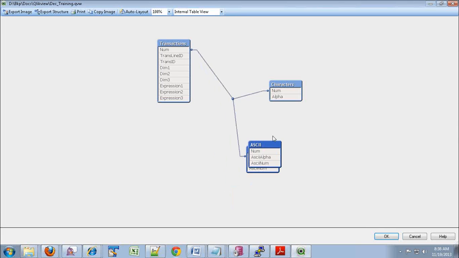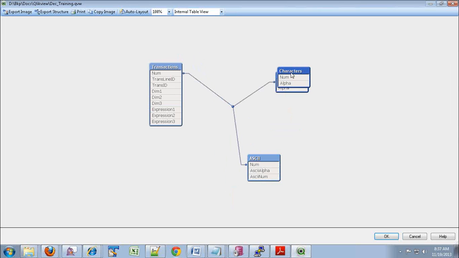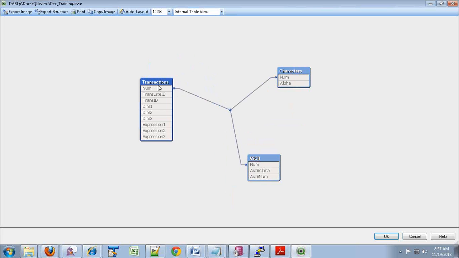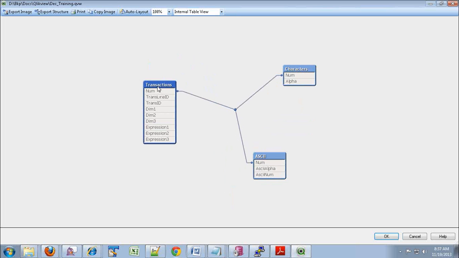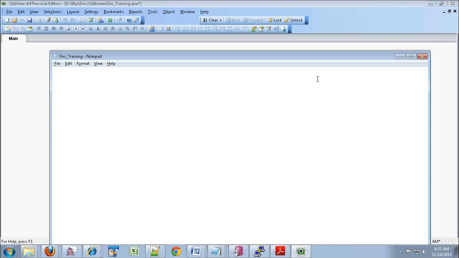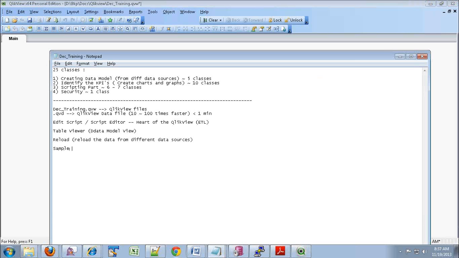See, now it has created a small data model which has some data in it, right? So this is how we can make use of the sample data provided by QlikView. Quickly make a note of it. Sample data is always Control plus